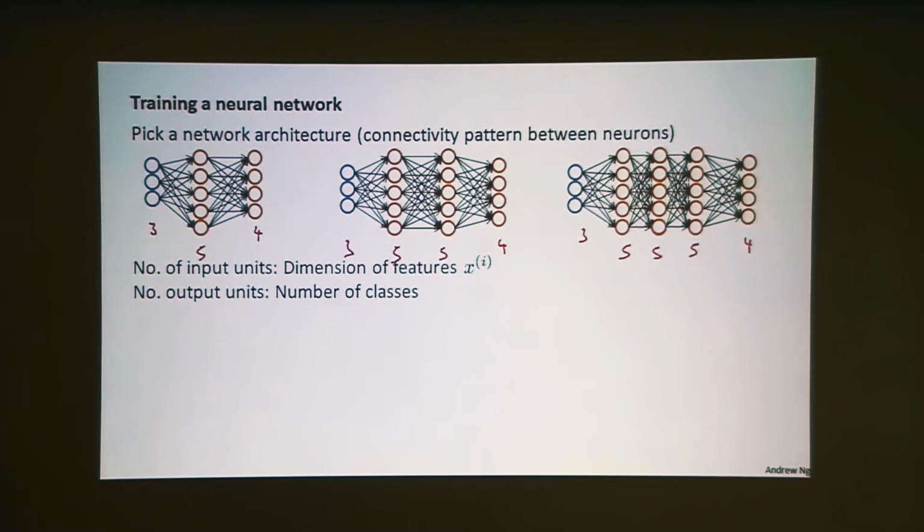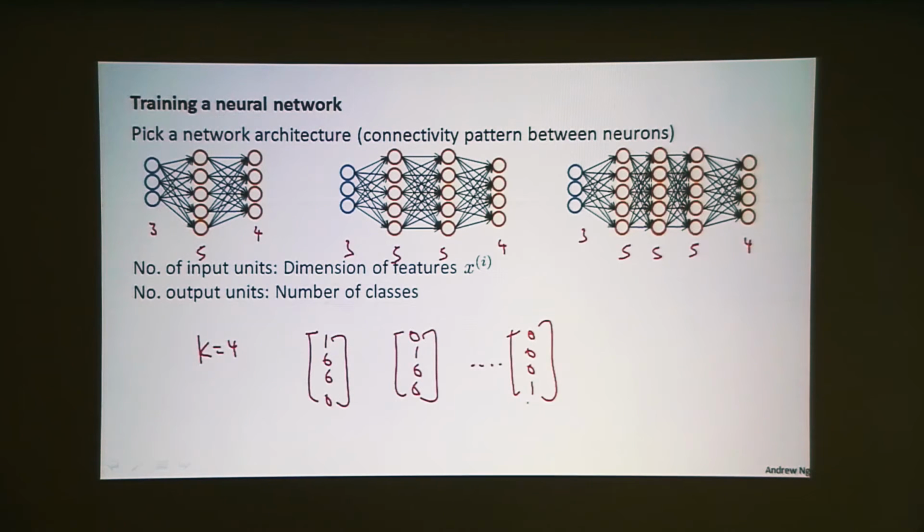And your flexibility is in choosing the number of hidden units per layer, as well as choosing the number of hidden nodes per layer, right? So just to be clear, if you have k equals 4 classes, then your output units are using this sort of one versus all encoding, and so you have 4 output units. And so long as you do regularization,